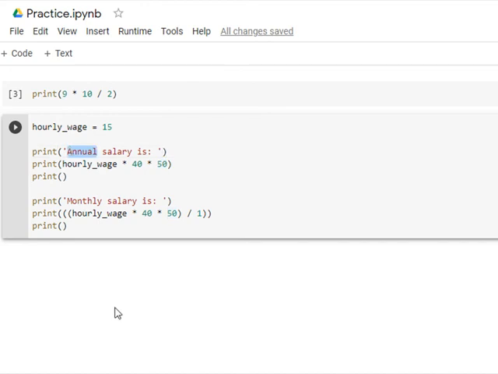It's supposed to be the annual salary, so that would make sense. Okay, and then it says the monthly salary is. And in this case, it takes the hourly wage, multiplies that by 40 hours a week, and then multiplies that by 50. So basically the same calculation I had before for the annual salary, but in this case